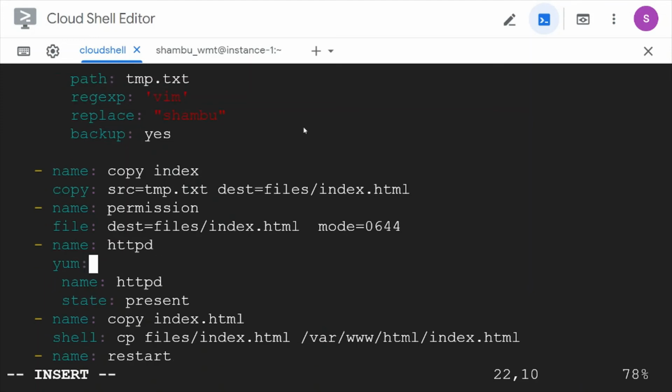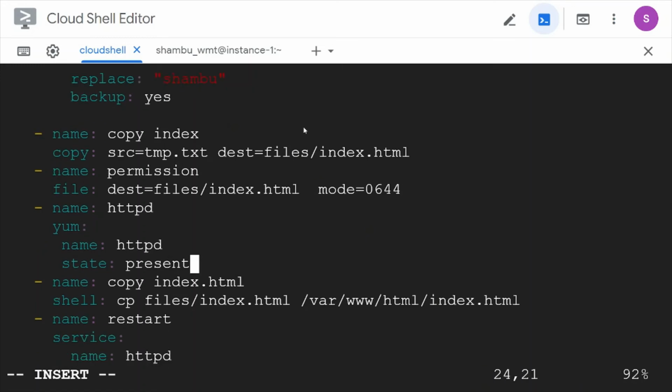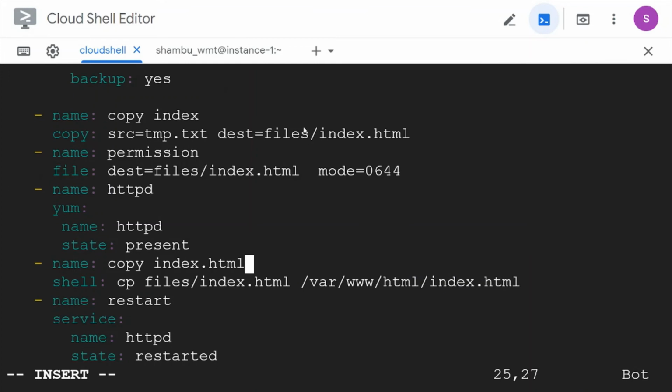After that, we are installing httpd, and we are copying the index file from here to this location, www html index.html, so this is where our httpd will look for the index.html. After that we are restarting the service.